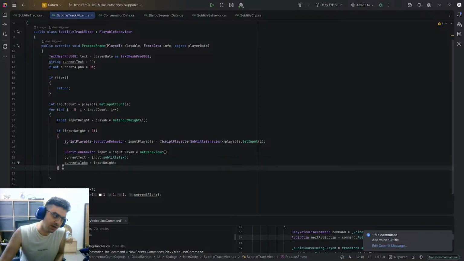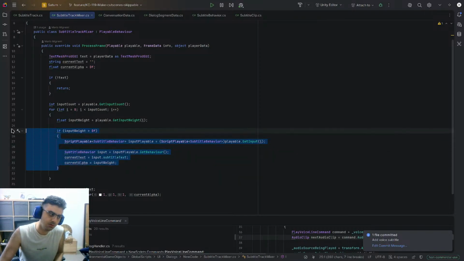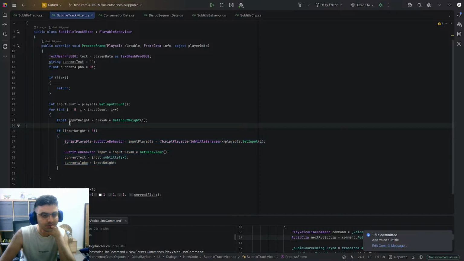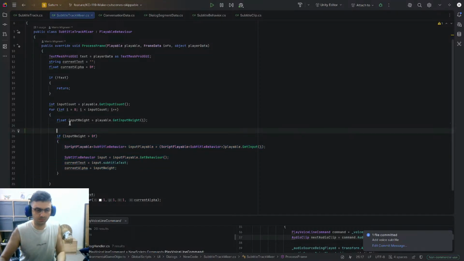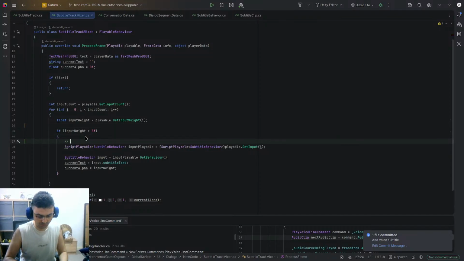So from my understanding, this happens when the transition is happening and the text is shown. So I assume that I should enable the dialog window, and then